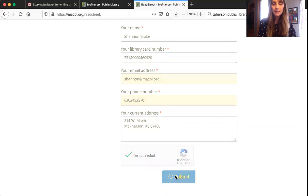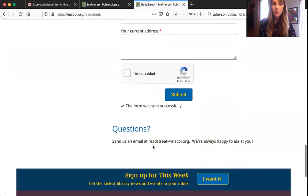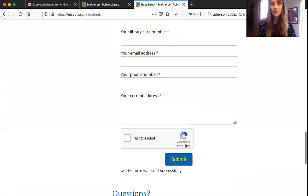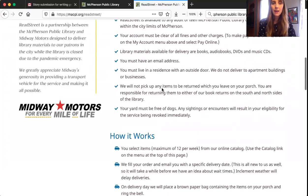So submit that, and you should get a quick verification right here. If you have any questions about any of this, there's also an email address down here that you can send questions to if you don't want to call. So that's readstreet@macpl.org. Feel free to communicate with us through that email. After you do that, you can check your email to make sure that verification has come through. Once you get that,